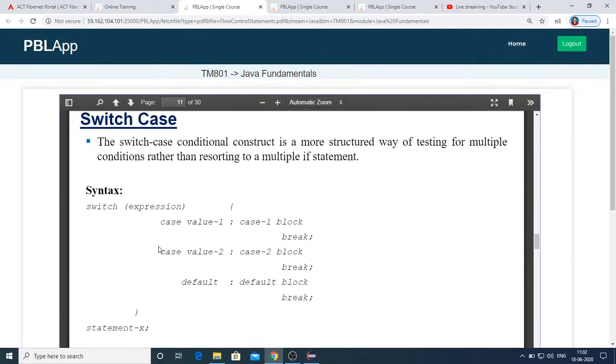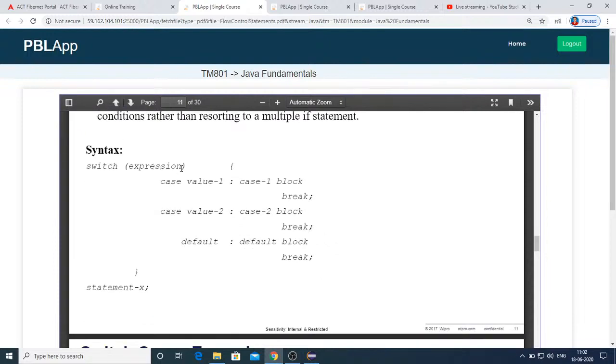And next, coming to switch case. The small trick you can see with this switch case is when break statements are not given. If the expression evaluates to value 1, then the case 1 block gets executed.